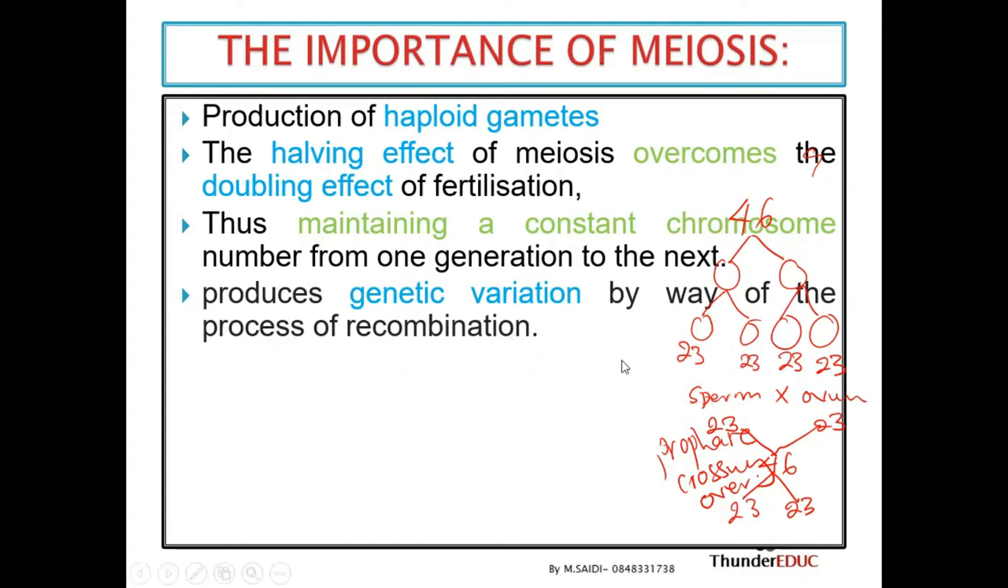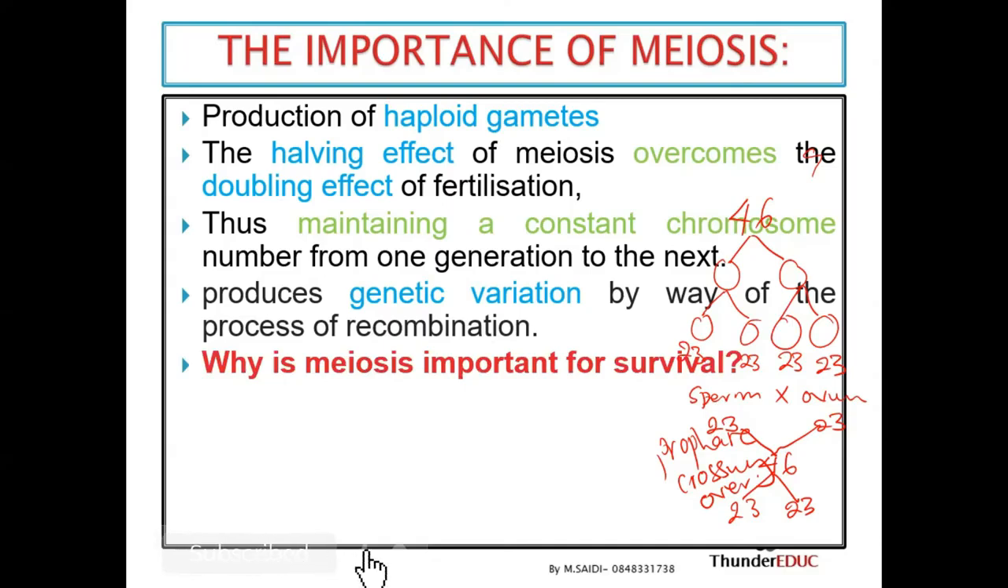We are different from our sisters and brothers basically because of the process of crossing over. Why is meiosis important for survival? Do we need meiosis for survival, or do organisms which don't undergo meiosis survive? We need meiosis so that we can create differences among individuals of the same species. If these organisms are the same, then automatically there won't be differences. Imagine I asked you last time, if everyone is rich, what will happen if there are no differences among us? If everyone is clever, you don't need to read, everyone has the information,